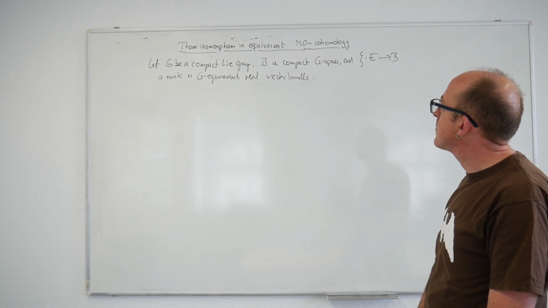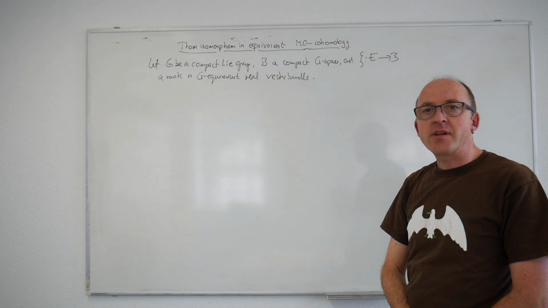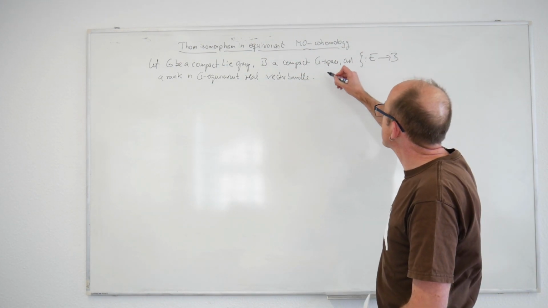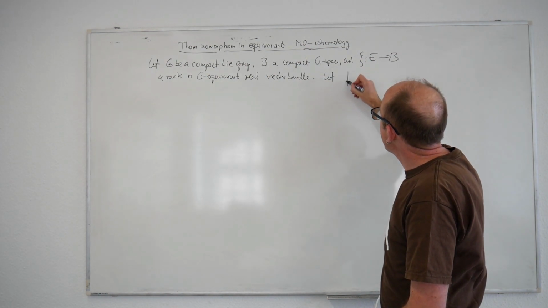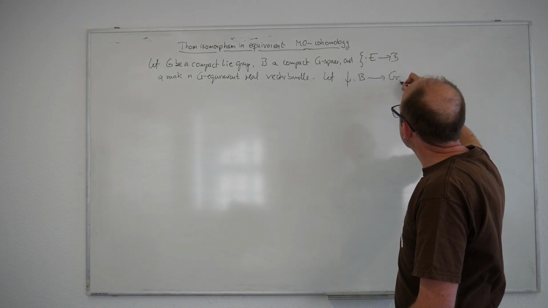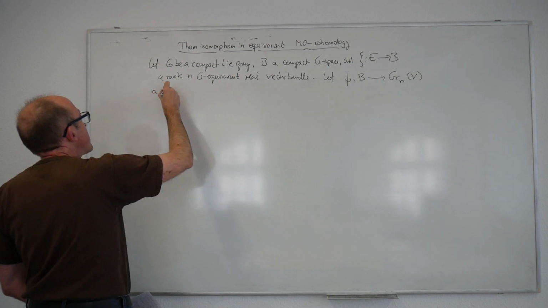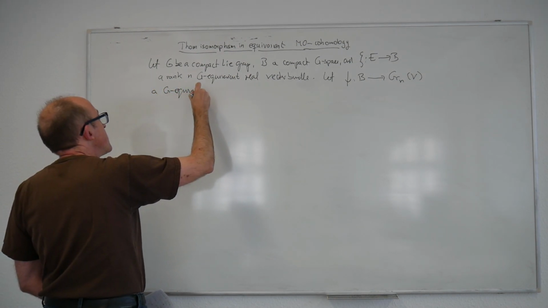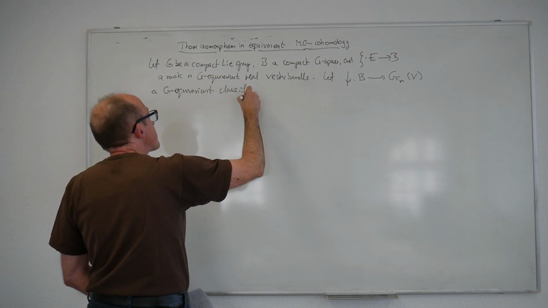There's a complex version of this, and for complex vector bundles you should consider the unitary analog, the boldface MU instead of MO. Because we have a compact G-space, every such vector bundle can be obtained by pulling back a tautological bundle over a Grassmannian. So we choose a classifying map. Let ψ from the base to the Grassmannian of n-planes in V be a G-equivariant classifying map. Continuous, of course,